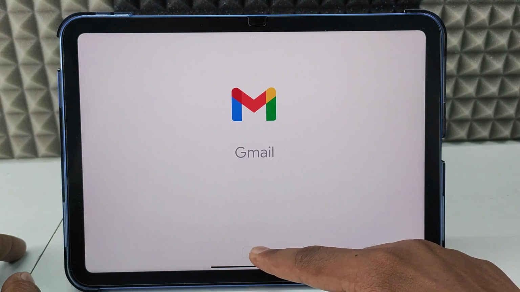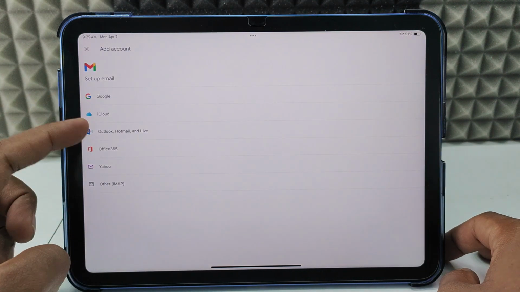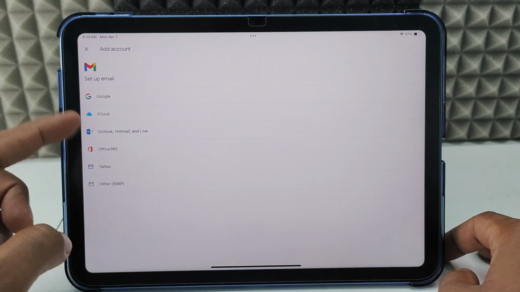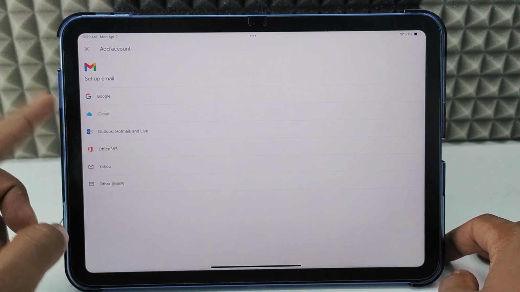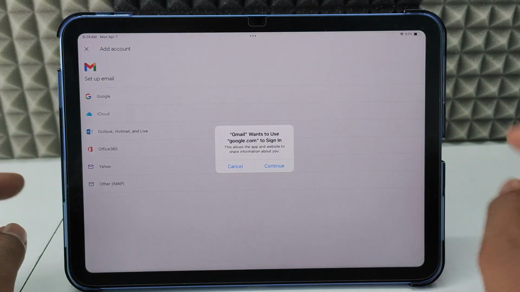and click sign in. In case if you have any iCloud or Google account or Microsoft account, you can select maybe Yahoo. You can select that option. For now it is Google account, Gmail account. I just select Google, continue,